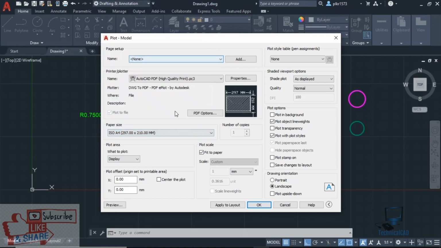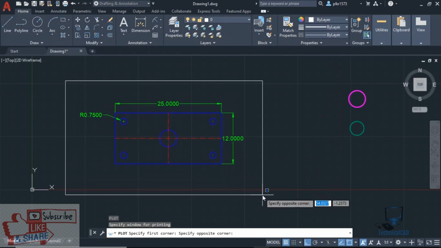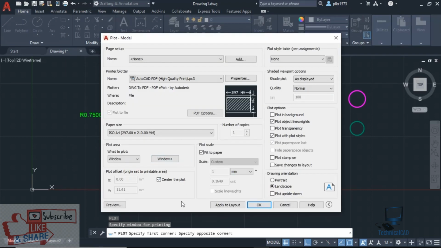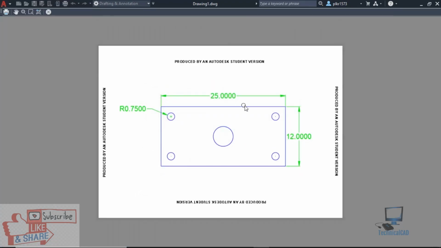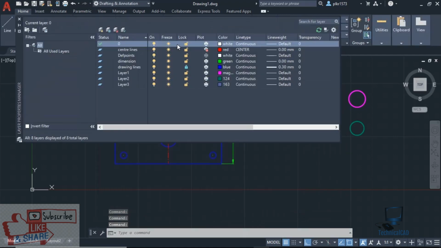ISO A4 297 by 210, fit to paper, center the plot, display, go for window, and let's take somewhere here. This is my paper. And now preview. Now see, you don't have any center lines here because in the layer properties plot option, we have switched off the plot option for the center lines. So that's the purpose of this plot option.